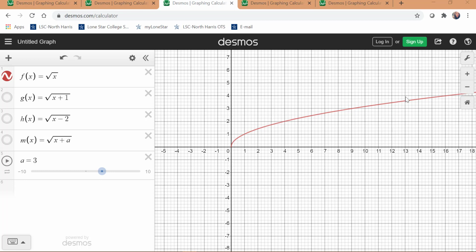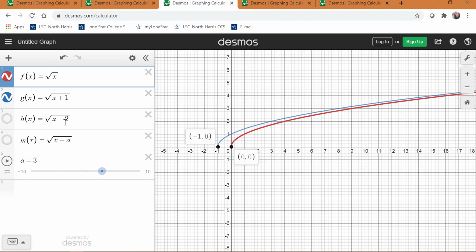So when I look at my original square root function, how is the adding of the +1 on the inside going to affect it? So what is that going to do to that shape? So if I add a 1 on the inside, that should shift the graph to the left 1 unit. So my graph should start right here. So let's see what happens. And there we go. Okay, so now instead of starting at 0, 0, if I move to the left 1 unit, that puts me at an x value of -1, but a y value of 0. So now we have that newly shifted origin point, -1, 0,